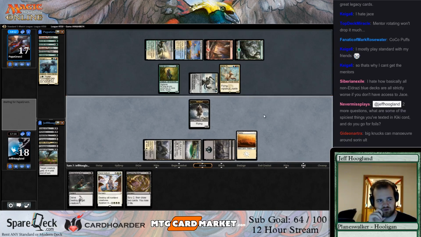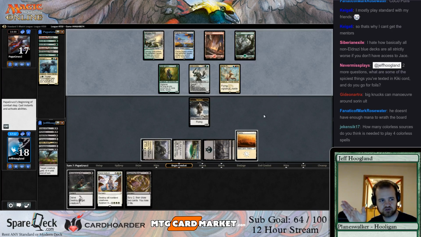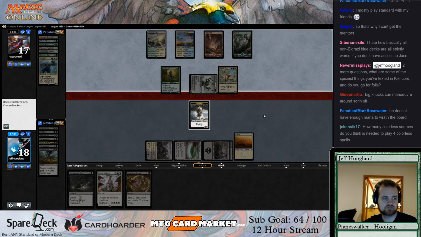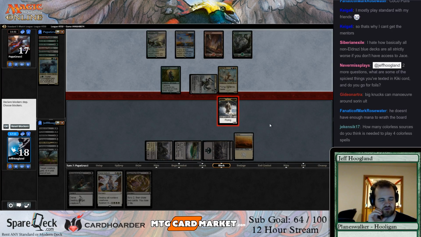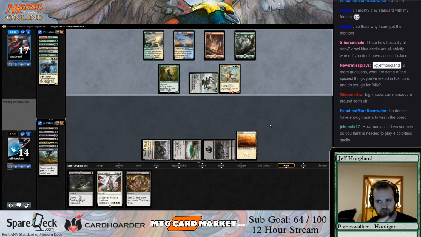Big Nux can maneuver around Sorin, sure. You probably need 10 at the minimum. Like a 4-cost colorless spell, 10's probably the bare minimum. Use this as a gain 3. And this kind of sets off red flags, but he's only had 1 chance to draw a Collected Company as a follow-up or a counterspell here, so...